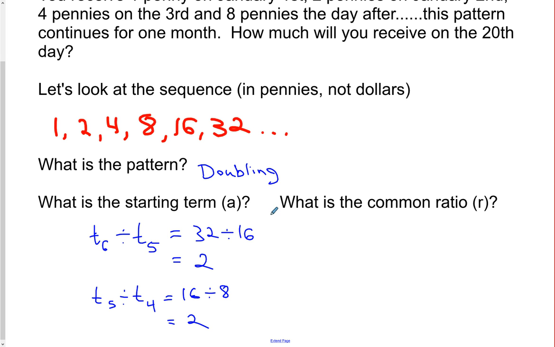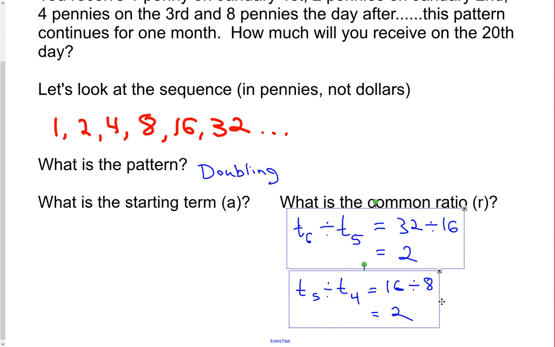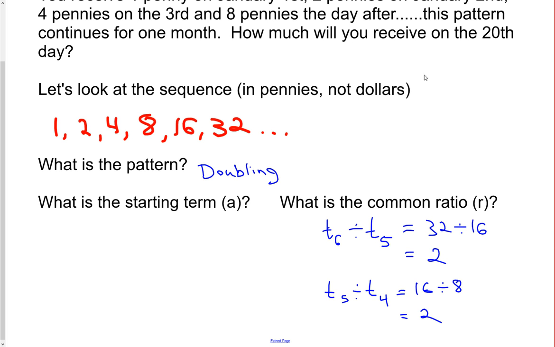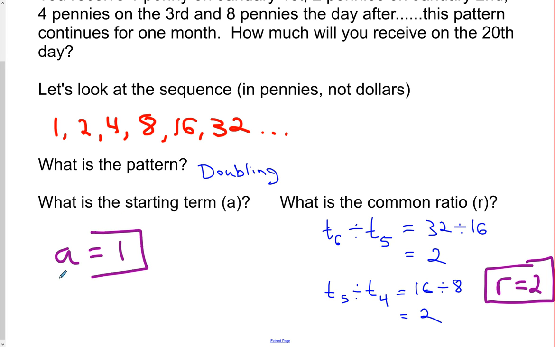Oh, sorry, I'm putting that under starting term. I've got to move this over. There we go. So that's my common ratio. My common ratio is going to be R. We're not using D anymore. R is 2. And my starting term is just 1. We're also going to call that A still. All right. So we've listed our starting term and our common ratio